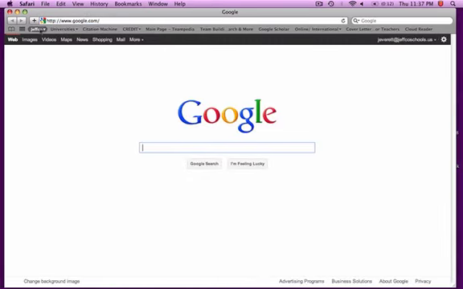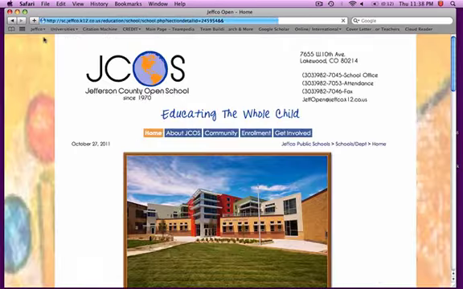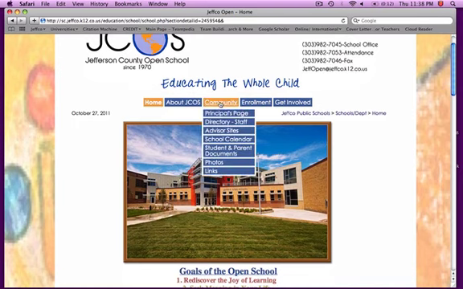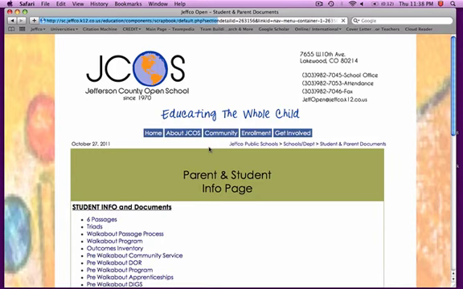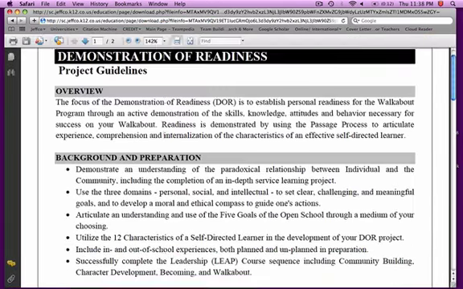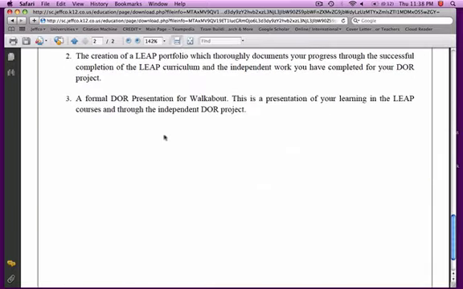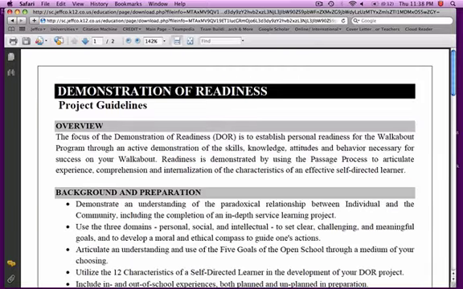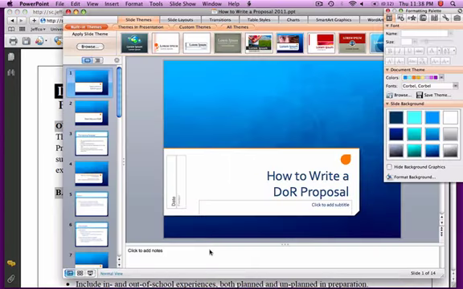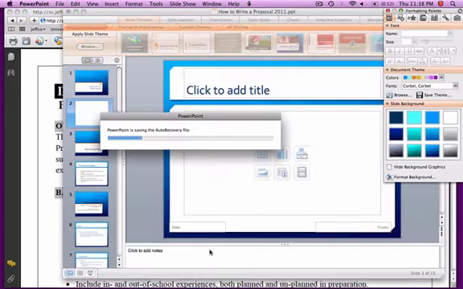Just go to any internet browser, go to the JCOS Open homepage, which I think opens up to many computers at the school. Right here, then, in the community, you go to staff or student and parent documents, and you should find the one that says pre-walk what DoR. There you have it. This is straight from your planner. Everything we're about to go through follows this and adds a couple things that have evolved over the